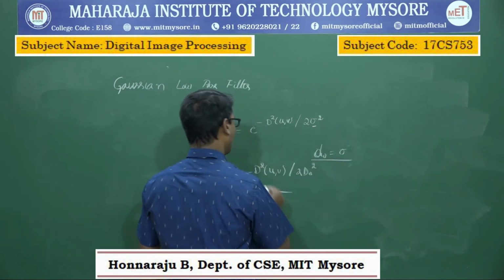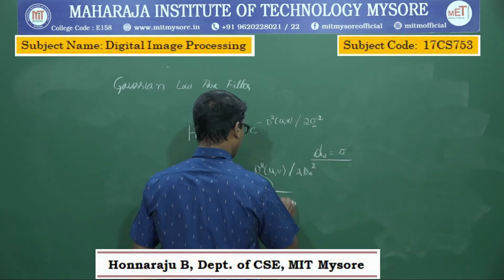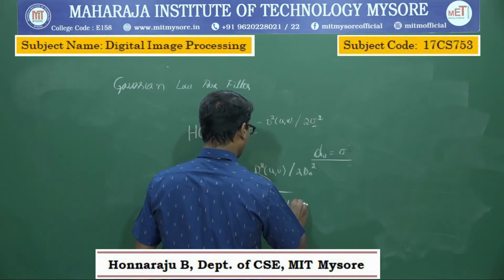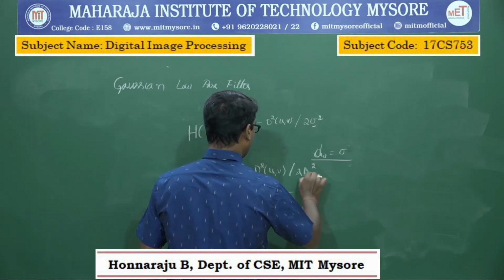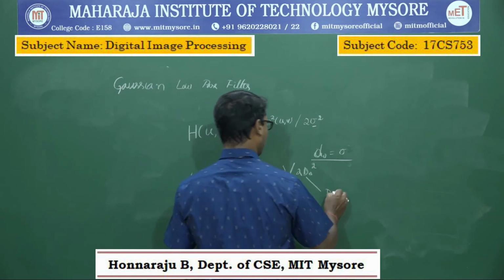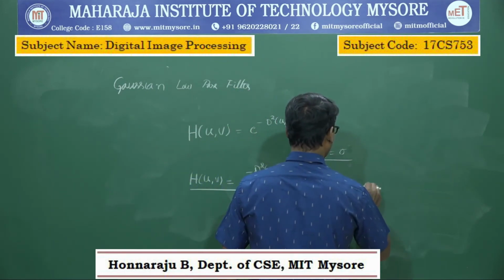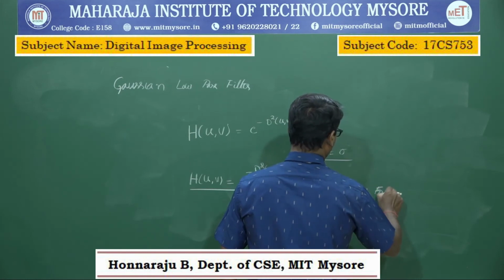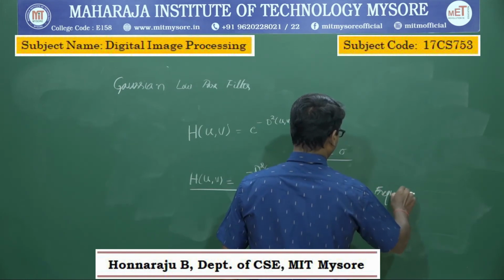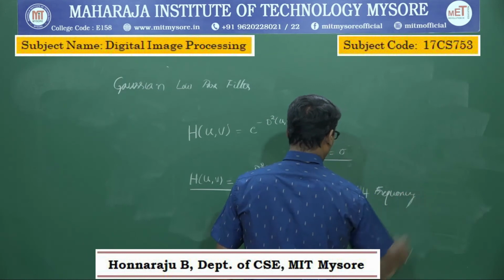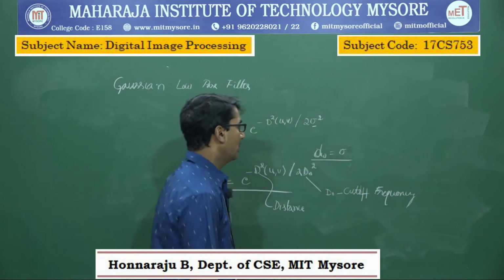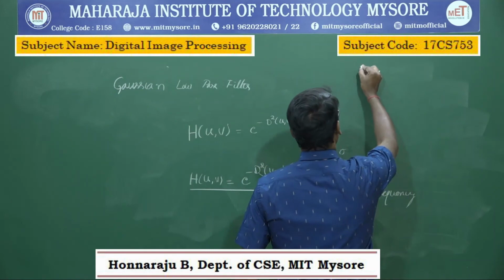Okay, here also D is the distance function, and D0 is the cutoff frequency. So in the Gaussian low pass filter,